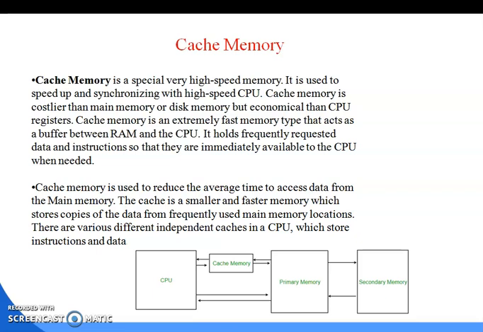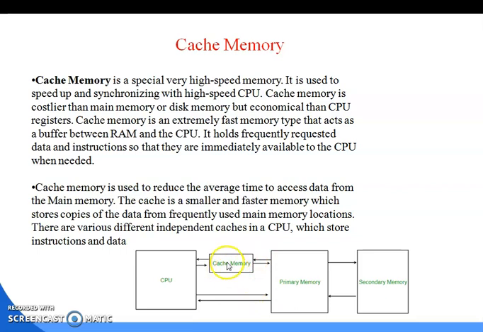So look at this diagram. This is the CPU, the processor, and the primary memory. This is the processor, and this is the primary and the secondary memory. Between the processor and primary memory or main memory, the cache memory is there. So what is the use of this cache memory? You can ask why we are using cache memory. Because the speed of the CPU is always very fast compared to the speed of the memory. That's why memory is unable to supply the data at the speed of the processor. So that's why we are using the cache memory.